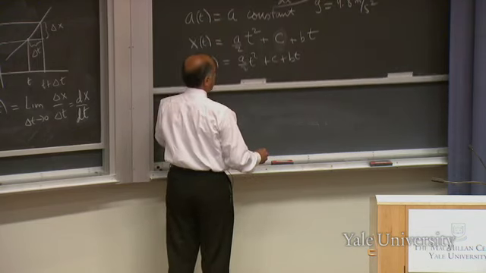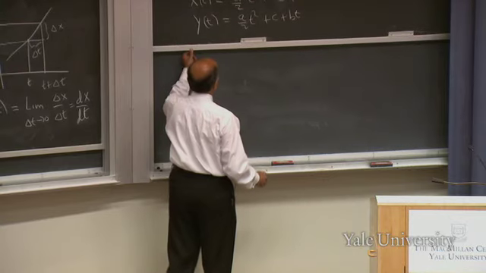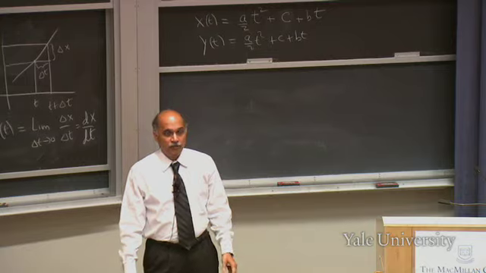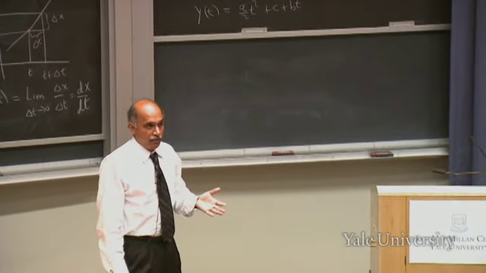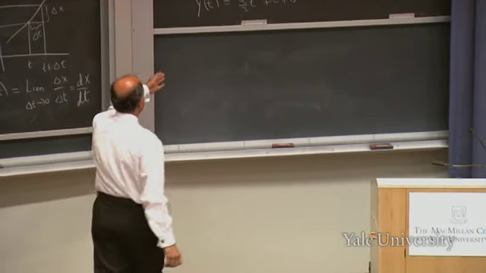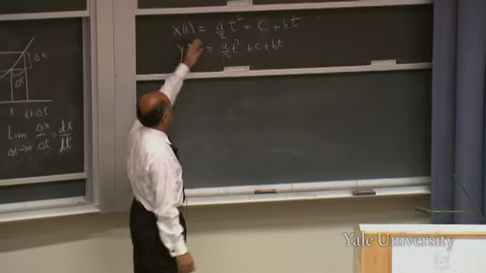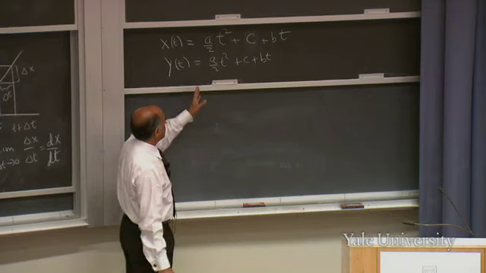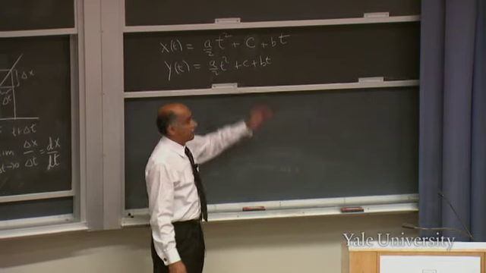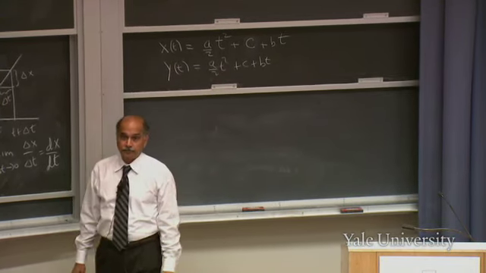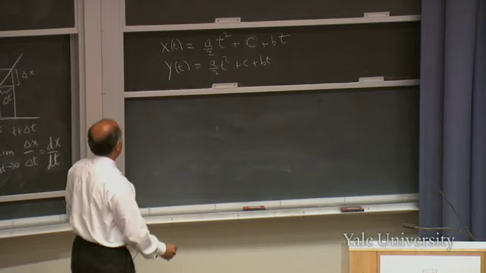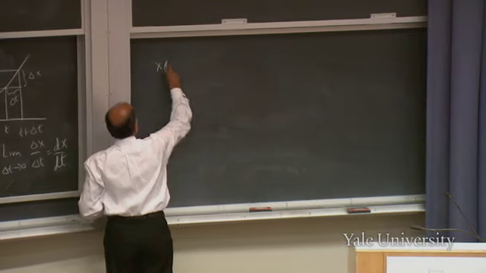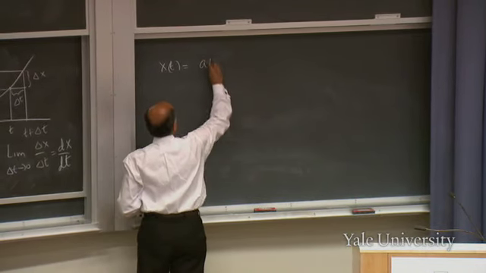You got to realize that in calculus, the symbols that you call x and y are completely arbitrary. If you know the second derivative of y to be a, then the answer looks like this. If you knew the second derivative of x, the answer looks like that. Now we have to ask, what are these numbers b and c? So let me go back now to this expression. X of t equals at squared over 2